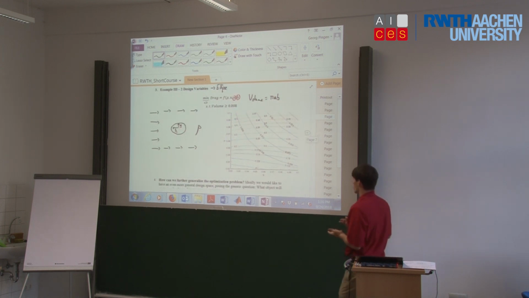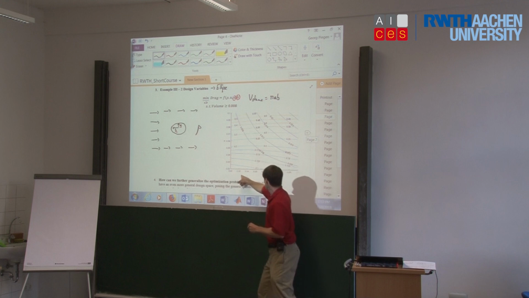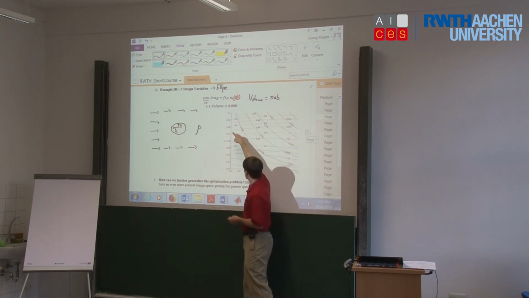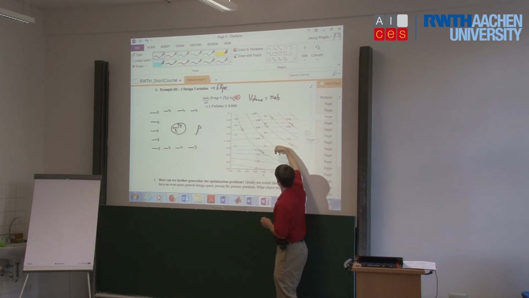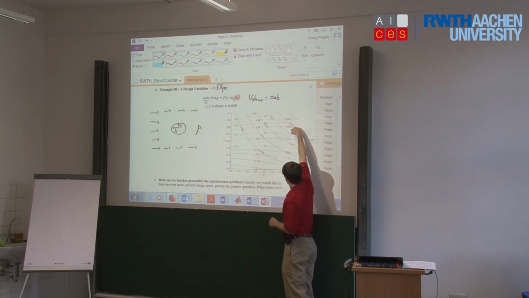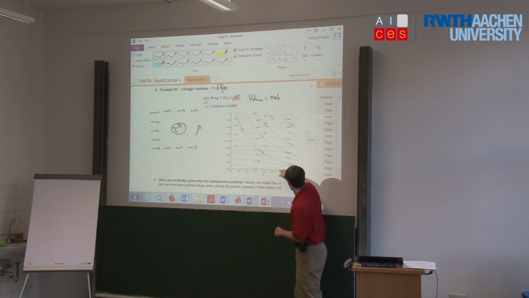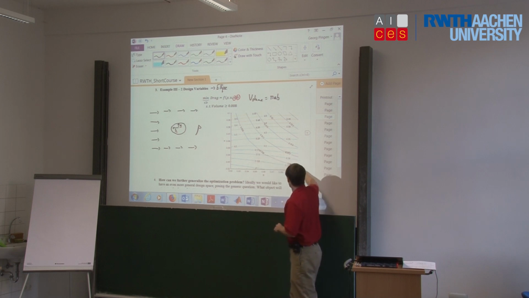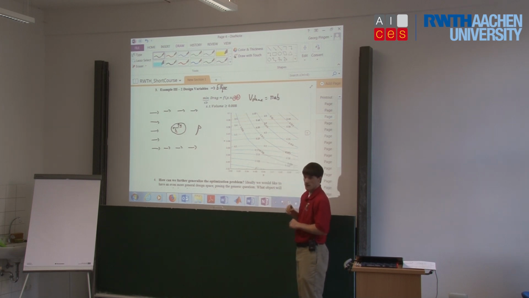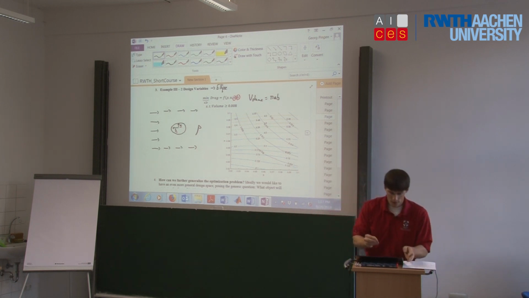And if we draw a contour plot where we try different values of b and different values of a, and we calculate the colored lines, that's the drag. So drag decreases in this direction, where the lowest drag is out here. And then the volume are these lines right here. So a volume of 0.008 is this blue line right here, meaning that everything below that blue line has a volume smaller than our constraint. So all of this